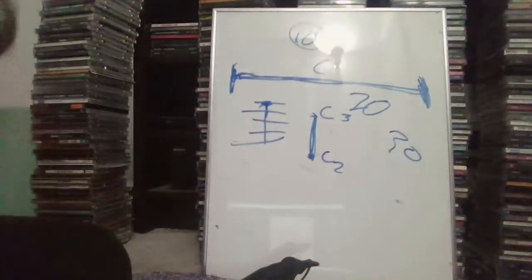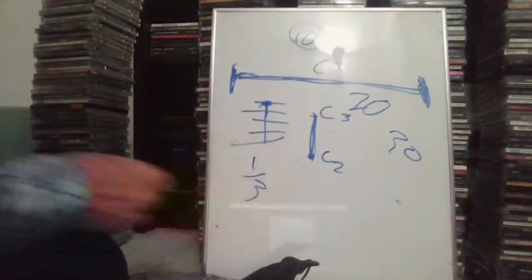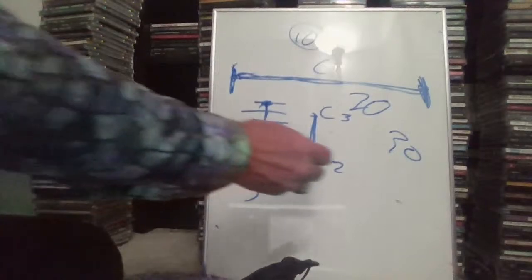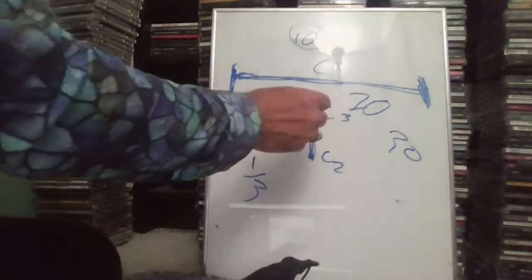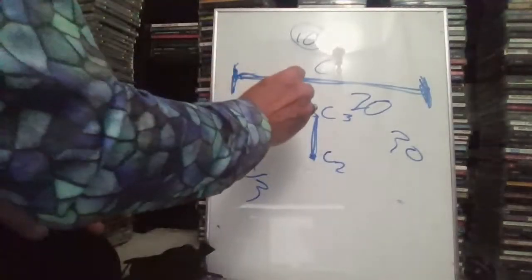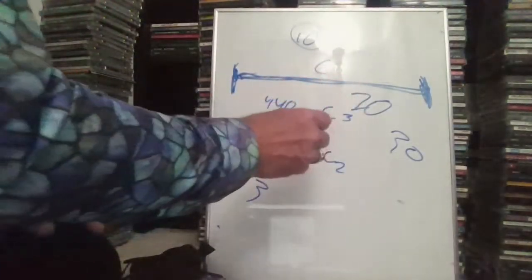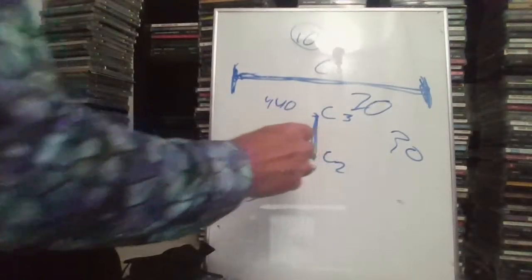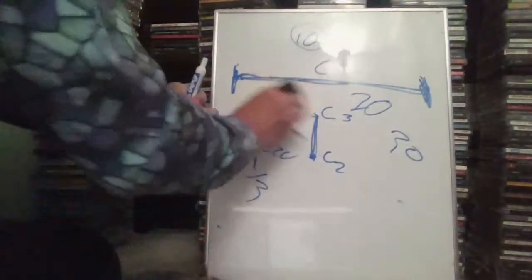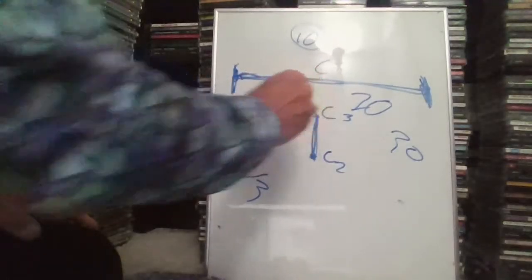Now, what about the 30? Well, if I triple the length of the string, I make the frequency 1/3. And that's another undertone, but instead of being half the frequency, it's a third. So if this frequency is 440, it's not C, but let's just pretend. The half would be 220. Let's not do that, because that's confusing, because that's an A. And I know a real C is 256. So let's just do that.